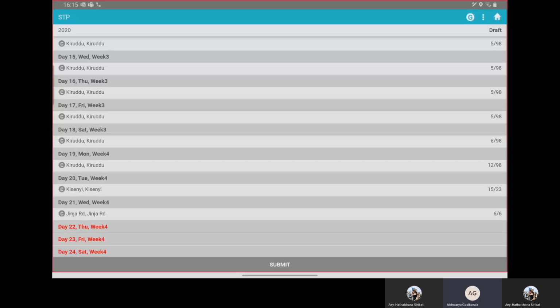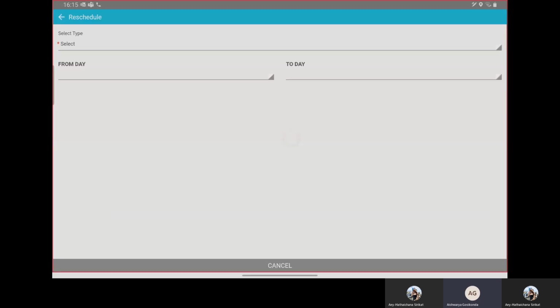So let's move on to the other option, that is move option. This means you can move the customers from one day to another. So in this case, Miss A, can you just click on move?